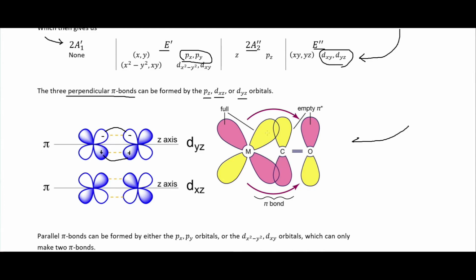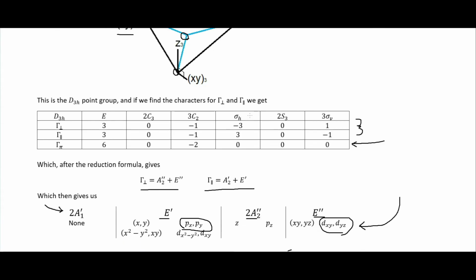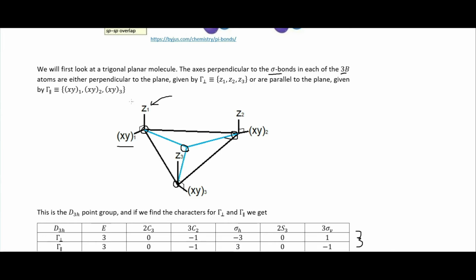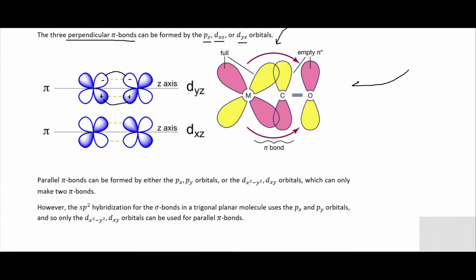They can also form pi bonds with p orbitals, but that would look more like this. And so that's how we can have d and p orbitals involved in pi bonds. So the three perpendicular ones could be formed with either the pz and the dxz, or the dyz. And so the perpendicular ones are these z-axis orbitals, and so they're the ones that have to be sticking above and below the plane like that,